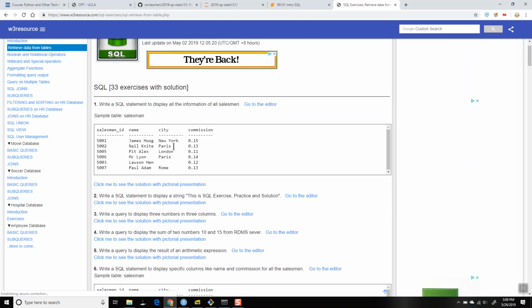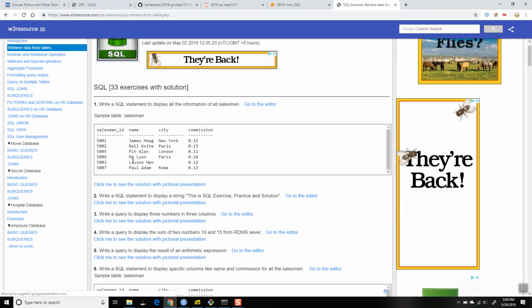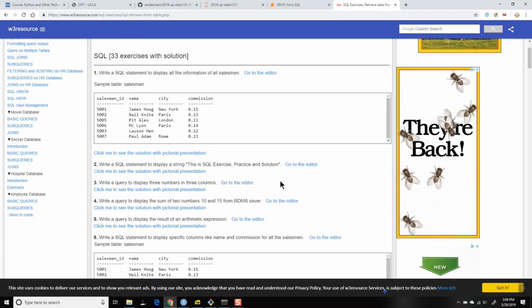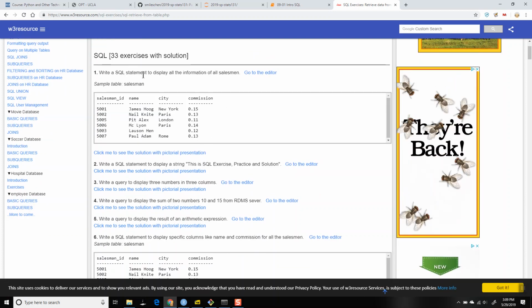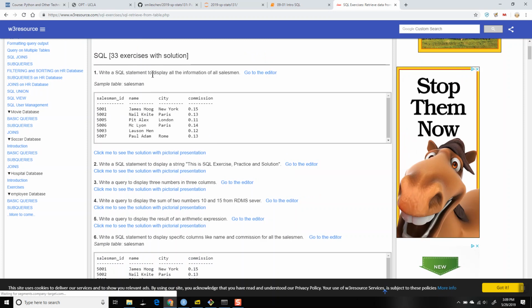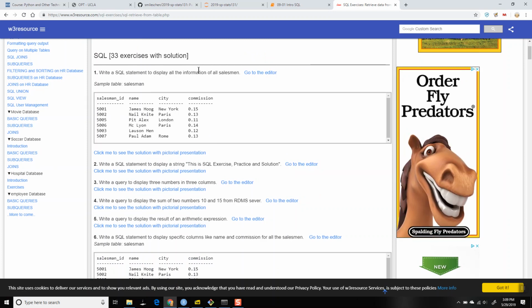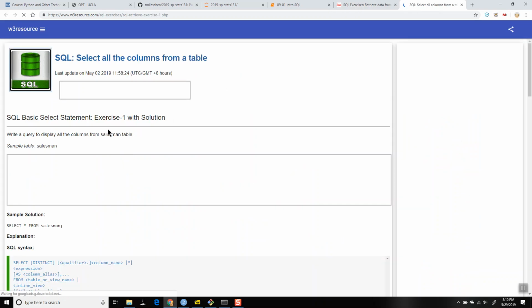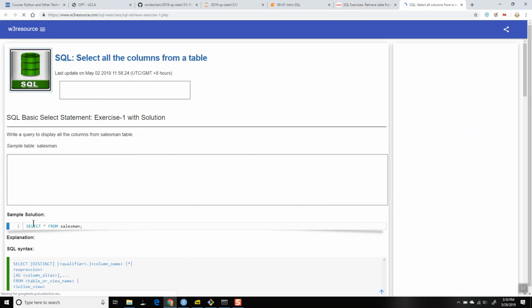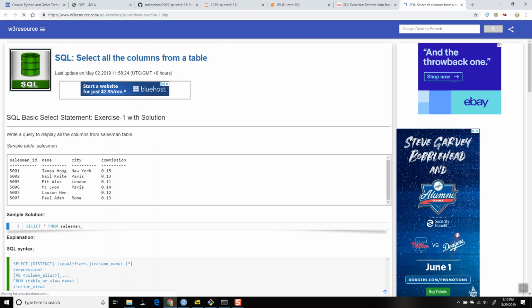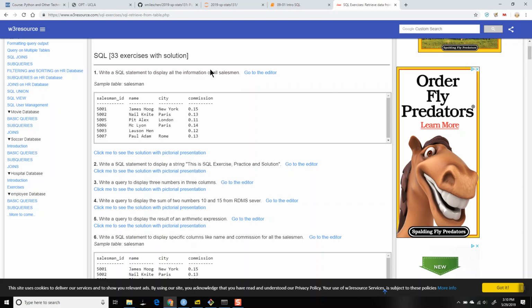It says, here's your table, and what's the SQL statement that you need to run to display all the information from all of Salesman? The table name is Salesman. We'll cover this, but the answer is going to be select star, like select everything from Salesman, right? Then you can click here to see the solution, and it will tell you that the answer is select star from Salesman. It's pretty easy, but I think this is a very good